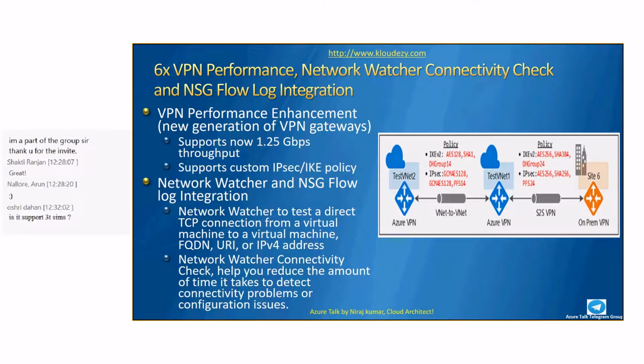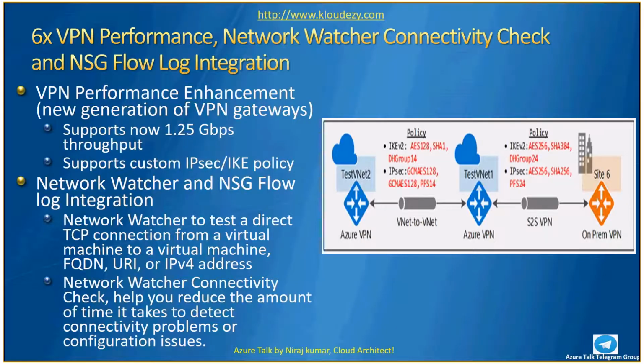And yes, I just forgot to mention, you also have Network Watcher tool. So Network Watcher tool basically helps you to capture the traffic which is going on the NIC card of your VM. So if you want to enable Network Watcher, you can enable it, and it will capture the packet traffic, which you can analyze using any of the popular tools that you have. So you can use your Wireshark, or you can use Network Monitor, Netmon from Microsoft, to analyze those traffic and packets. And all these two get integrated to OMS and any of the third-party tools.